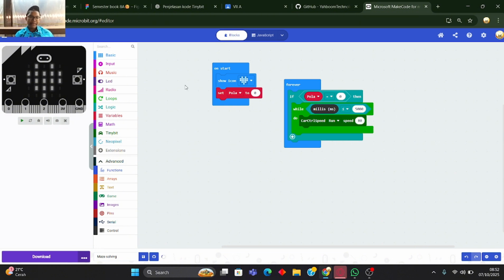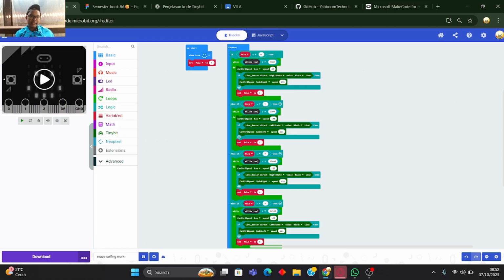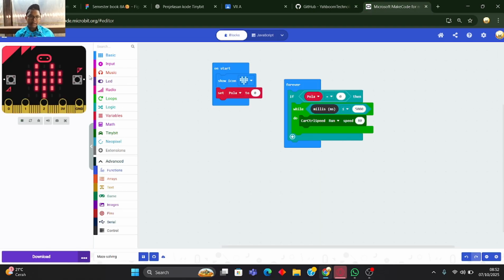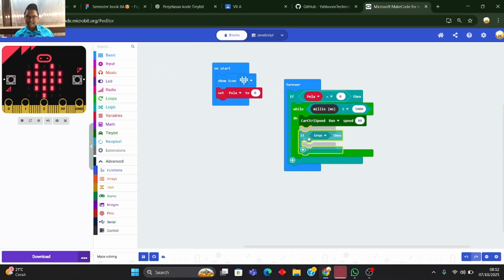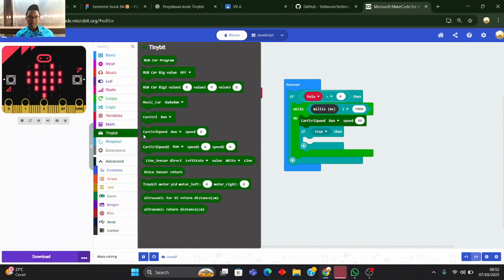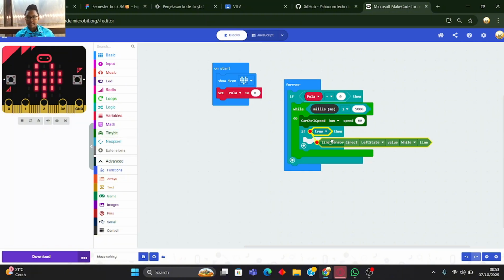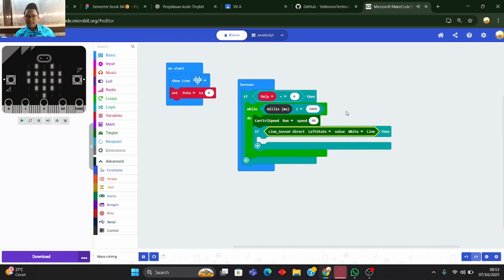After that, go to logic again and take the if then. We will go to Tiny:bit again and take the line sensor direct state value and put it in true.